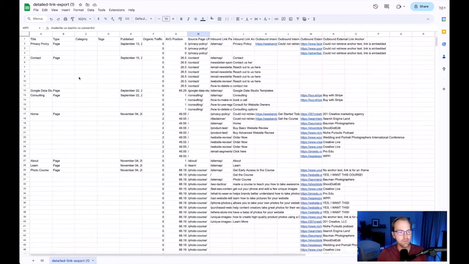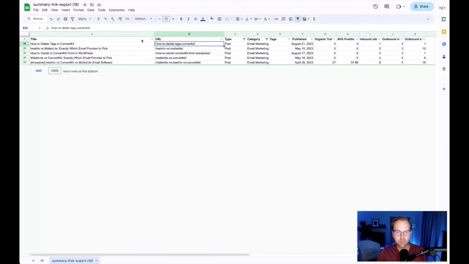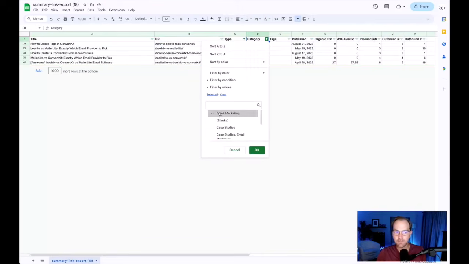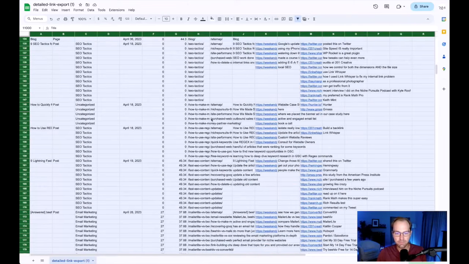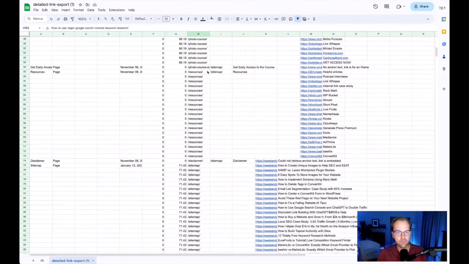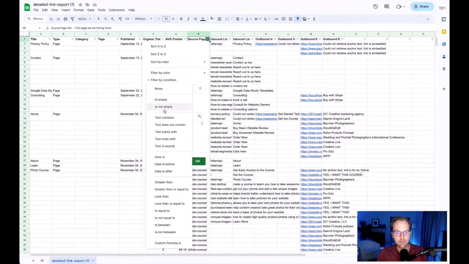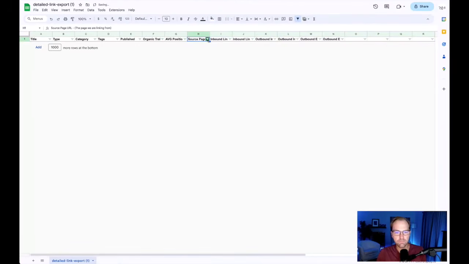Well, first off, let's go ahead and set up a filter. I'm going to use the summary export to give me a better idea of what's going on in the entire website. But I'm going to use the detailed export if I want to get an idea personally for a specific page. So for example, let's take this how to use regex in Google Search Console, and I will set up a filter to where it's only going to show me